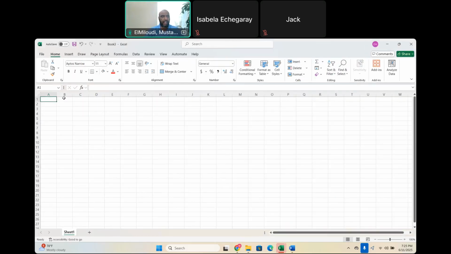So Excel, as you can see, looks like a table, okay? We have rows and we have columns. For columns, you see A, B, C, D, E, F, and the rows are numbered 1, 2, 3, 4. And the cell is the intersection. So for example, here, that's D2. If I type something like